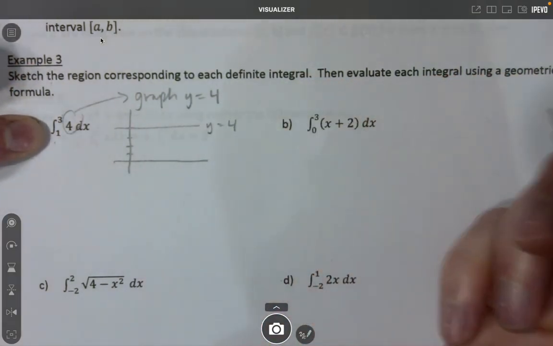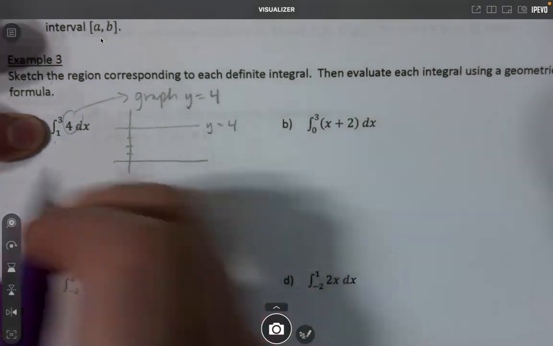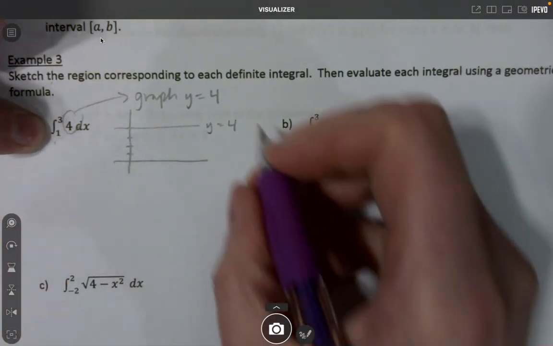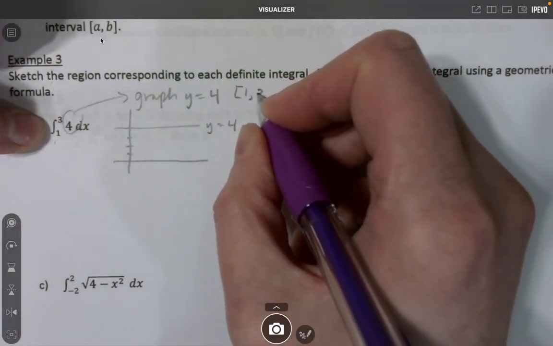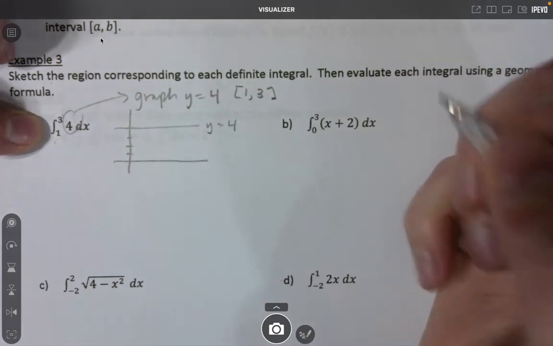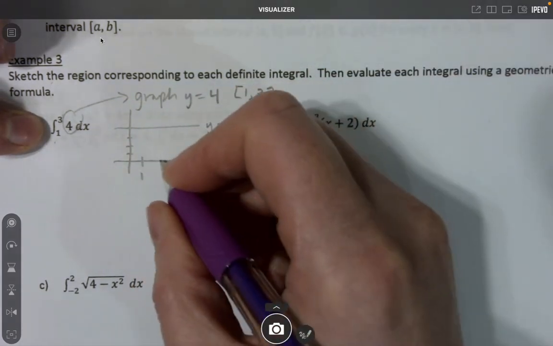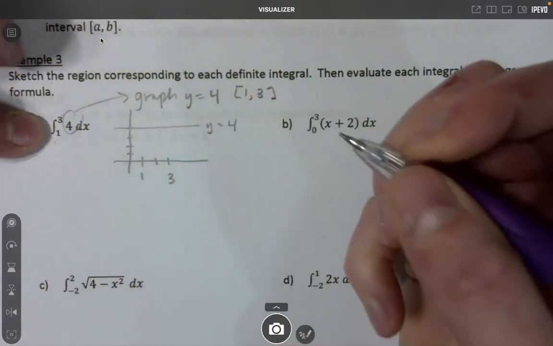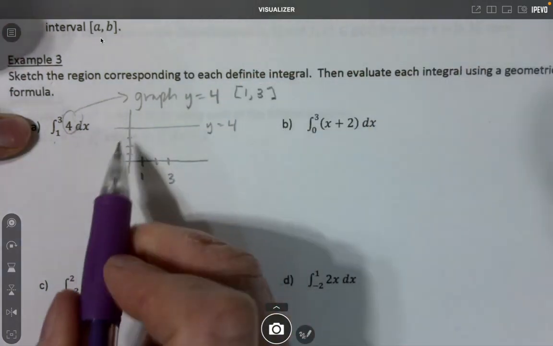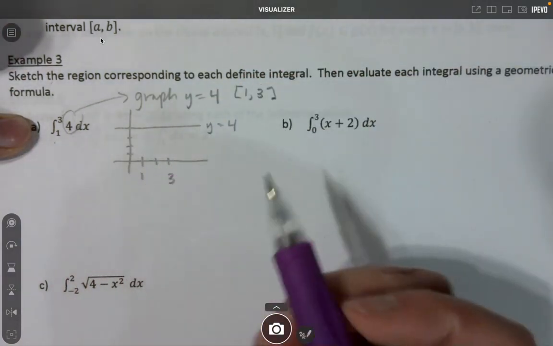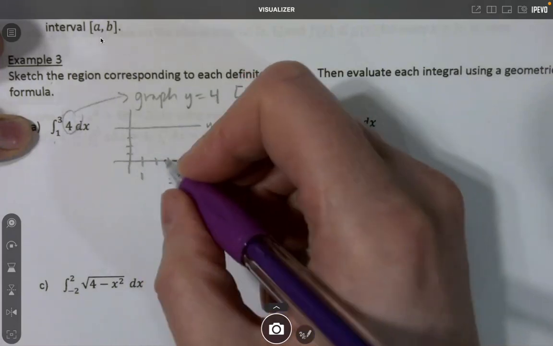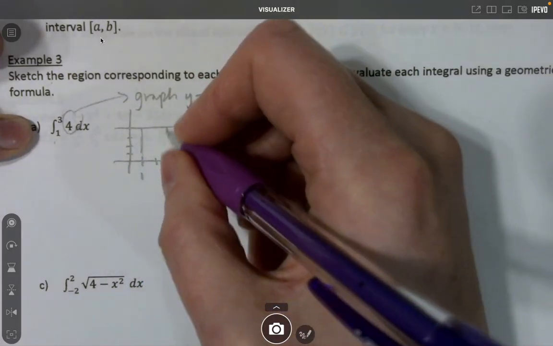And I want to find this definite integral from 1 to 3. So this is on the interval 1 to 3. That's what that's really saying. So here's 1, 2, 3. Here's 3 over here. And what it's saying is I want to find the area underneath this curve, only it's not a curve, it's just a line, from 1 to 3. So I'm looking at this area